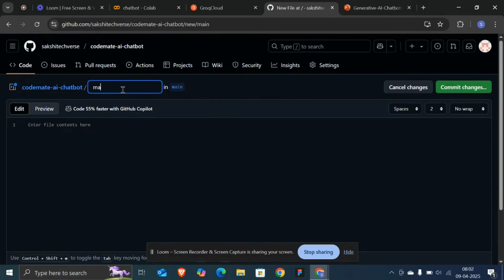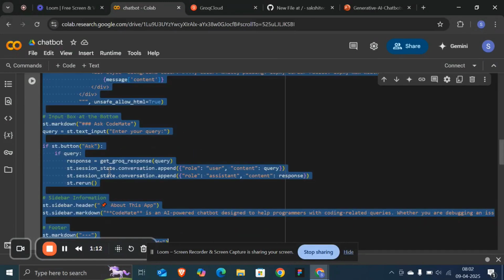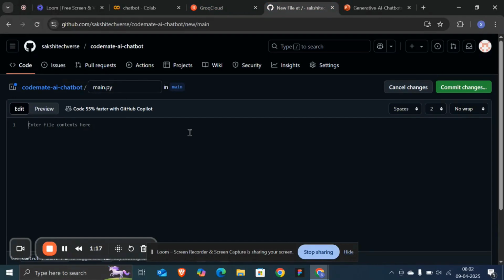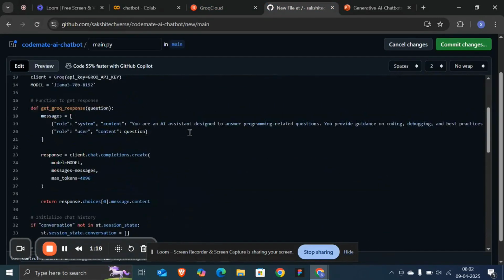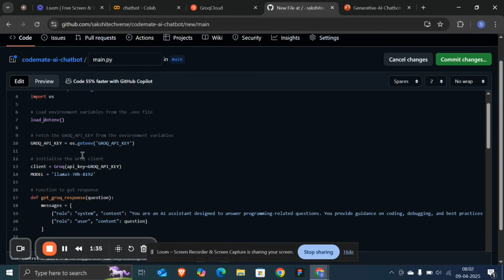In that, name this file main.py. And let's paste this code. I will share the link with you, then you can get this code. In that, the main part is, first import these libraries, and then we have to load the environment .env file that we will create, and